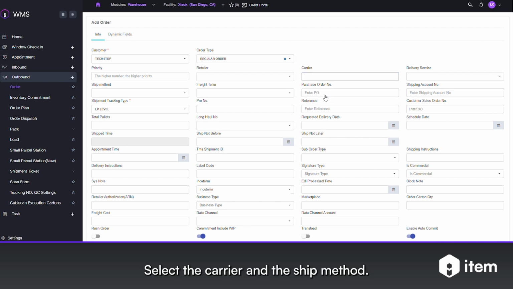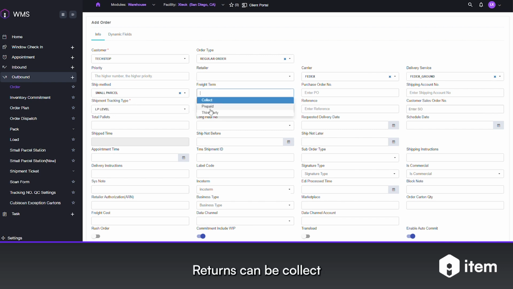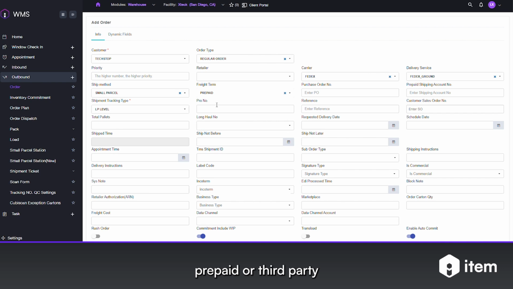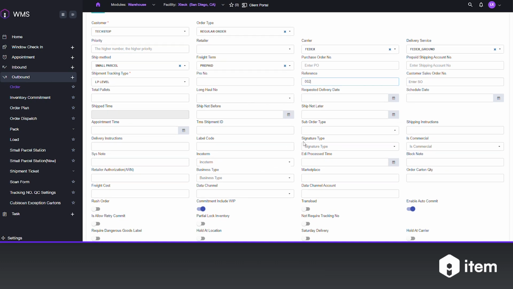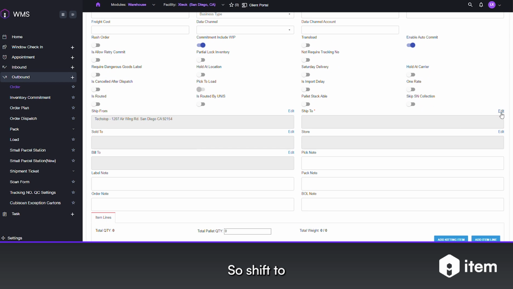Select the carrier and the ship method. Returns can be collect, prepaid, or third party. And reference number. So Shift 2,